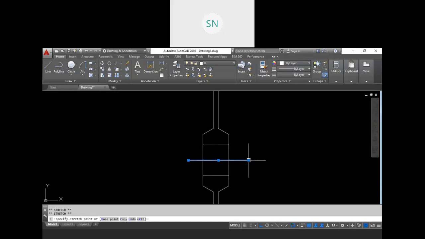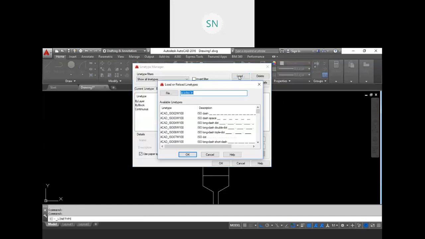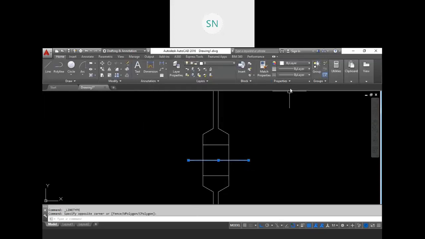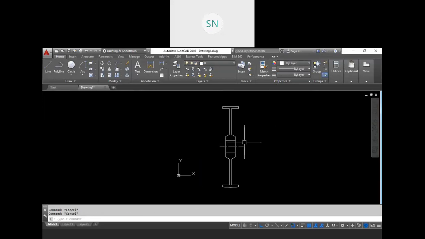Extend this line a little bit and convert it into a center line. So go to the load family and let me choose a center line. Okay. Now select this line and convert it into a center line, and here we have done, right? This section view is created.